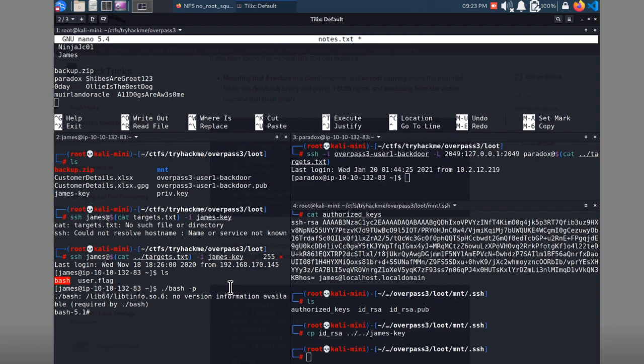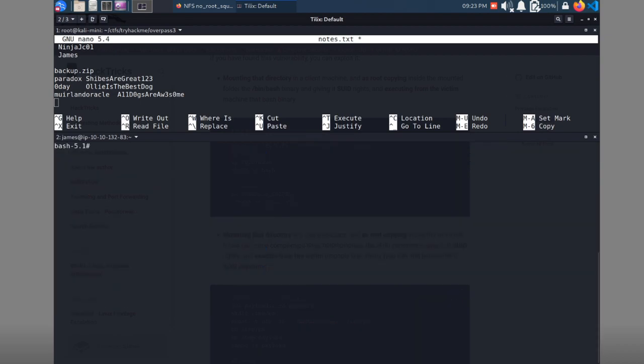All right. Paradox. Oh, I should have probably unmounted it. Oh well. All right, so let's find all the flags. A really quick, easy way to do that is find slash. We're going to look for a type of file, and the name